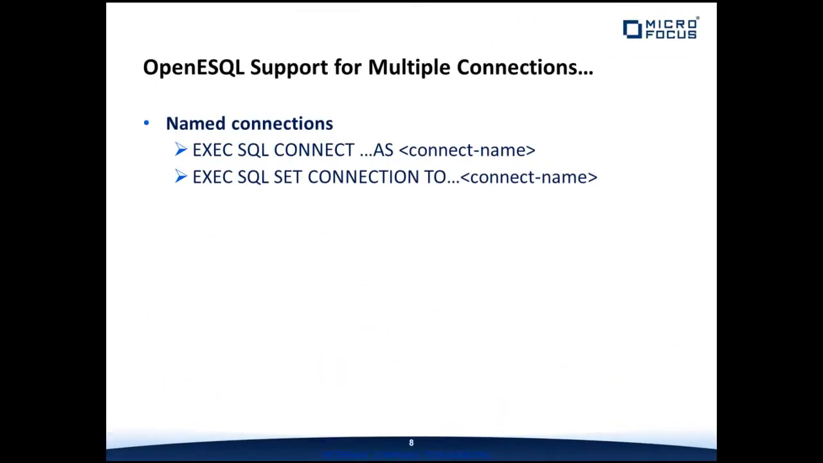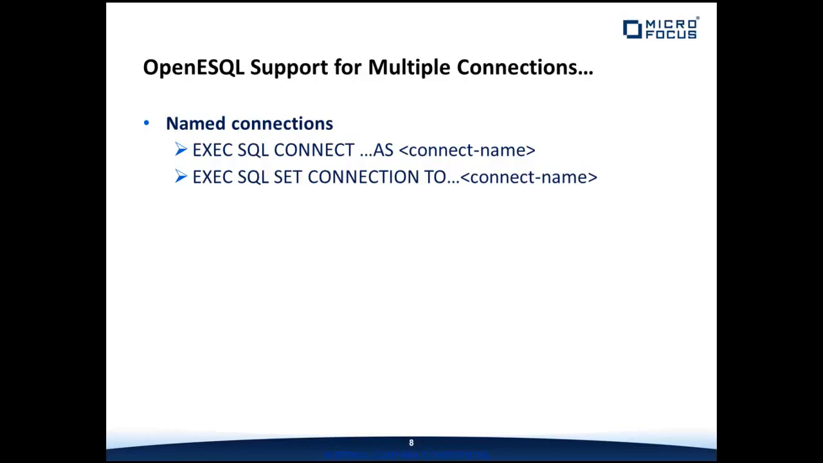OpenESQL allows you to have multiple active connections within a single application. These connections can be for the same database type or a completely different one, such as SQL Server, Oracle, or DB2. You can give each of these connections a unique name using the as clause of the connect statement. You can then change the current active connection by using exec SQL set connection to connect name prior to executing the statement